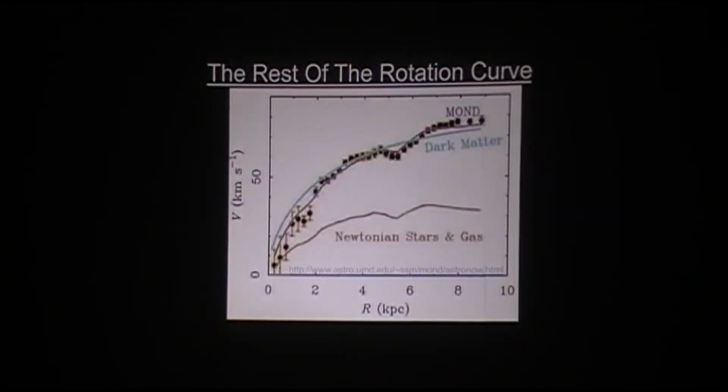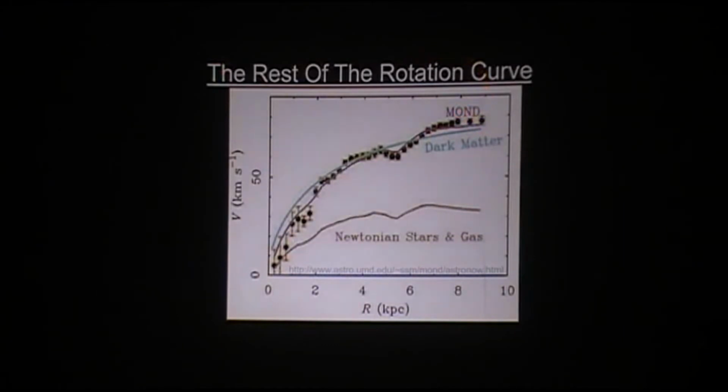Now the other thing is that so far I've talked about the flat line level of the rotation curve. If you look at the rest of it, you see some very interesting features. So this is the rotation curve of a galaxy, and this is the Newtonian prediction. Observations are here. The dark matter will add a smooth dark matter halo around the galaxy. But the dark matter can't radiate off energy and cool, so it can't clump into dense things like planets and stars. It'll just be a smooth addition of dark matter.